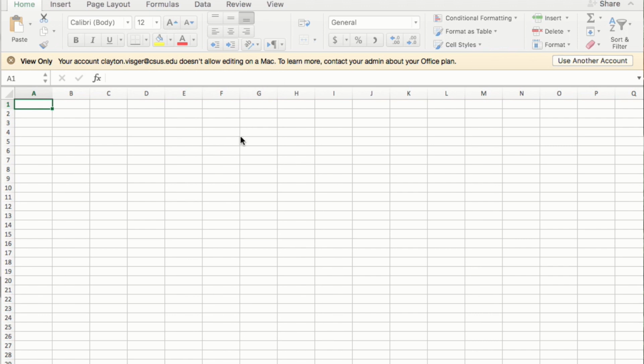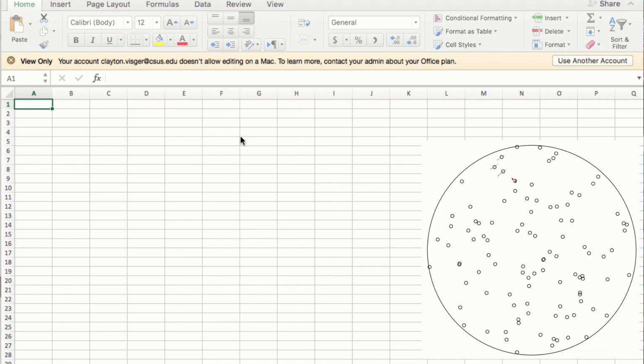Okay, welcome back. So what you guys have already done is start to understand the goal of this week, which is going to be counting colony-forming units on some simulated plates of bacteria. And what I want to show you now is how you're going to be recording those data